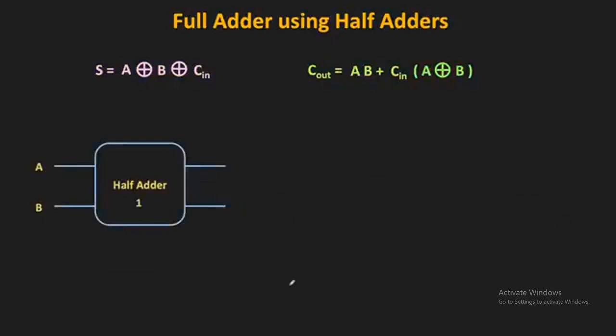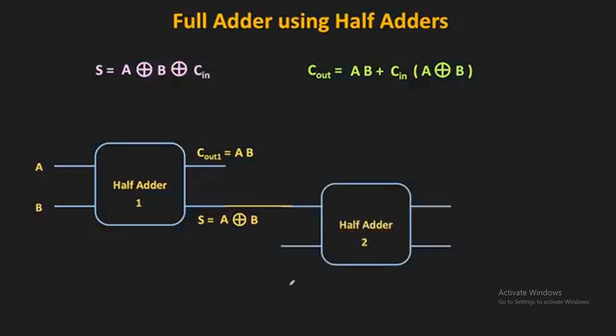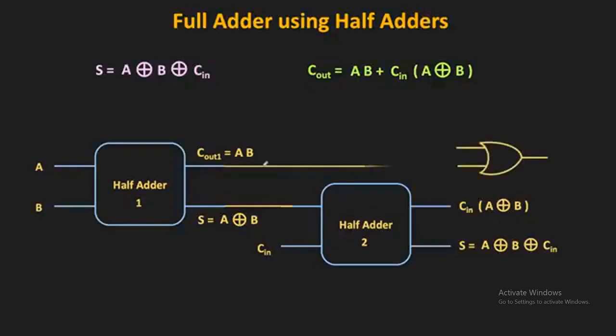Inside the half adder, it consists of one XOR gate and one AND gate. If A and B are the inputs of this half adder, the carry output will be equal to AB, while the sum output will be equal to A XOR B. Now the sum output is applied as an input to the second half adder, and the second input of this half adder is equal to C in. So the sum output of this second half adder will be equal to A XOR B XOR C in, and similarly the carry output will be equal to A XOR B dot C in. Now after the first half adder,